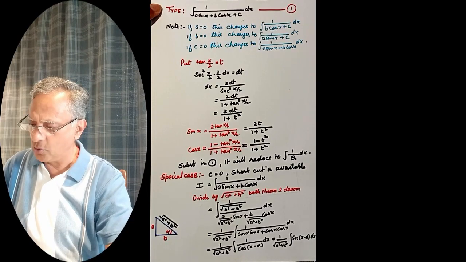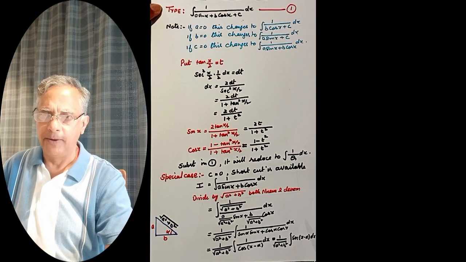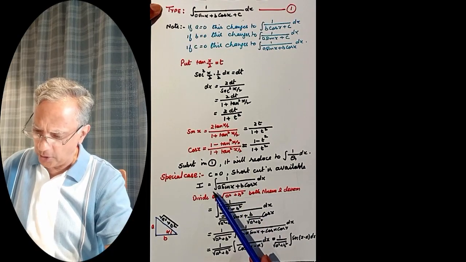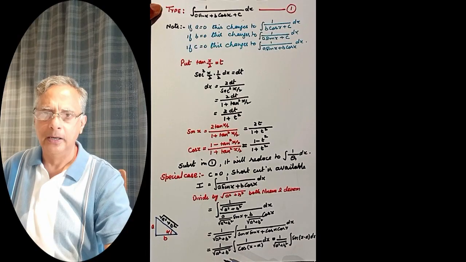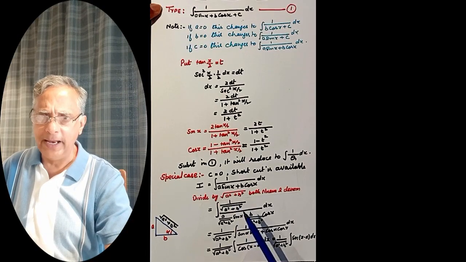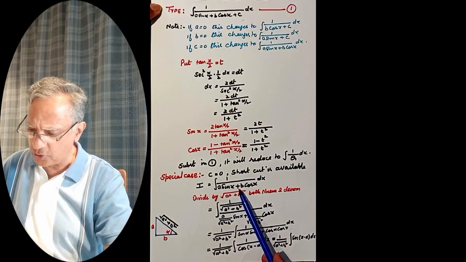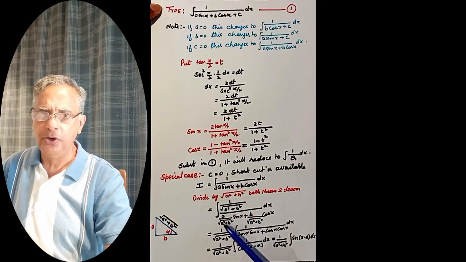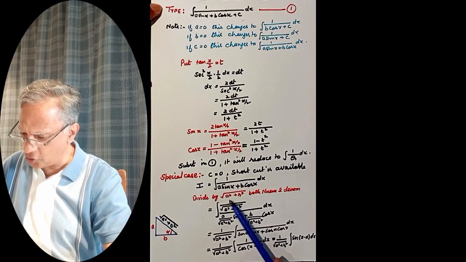And we know how to integrate this. Its integration will be log of secant(x minus alpha) plus tangent(x minus alpha). So if c is 0, this shortcut is available. We have to do a very simple step. Divide by under root a square plus b square, both numerator and denominator. Now this thing is common,